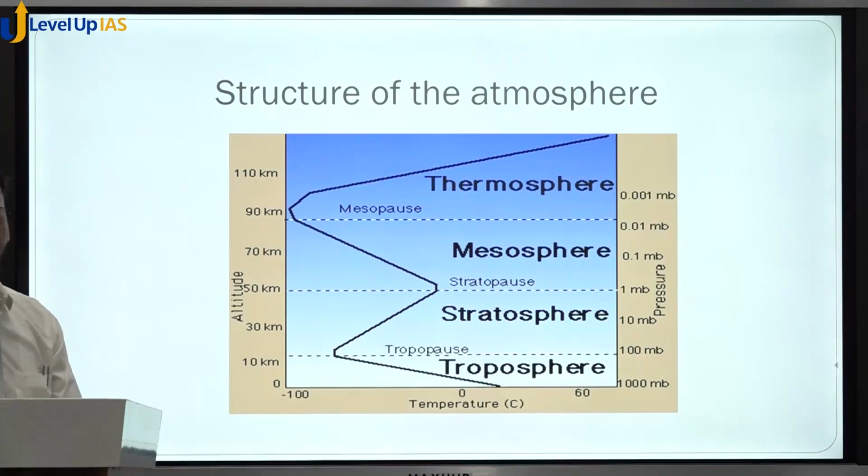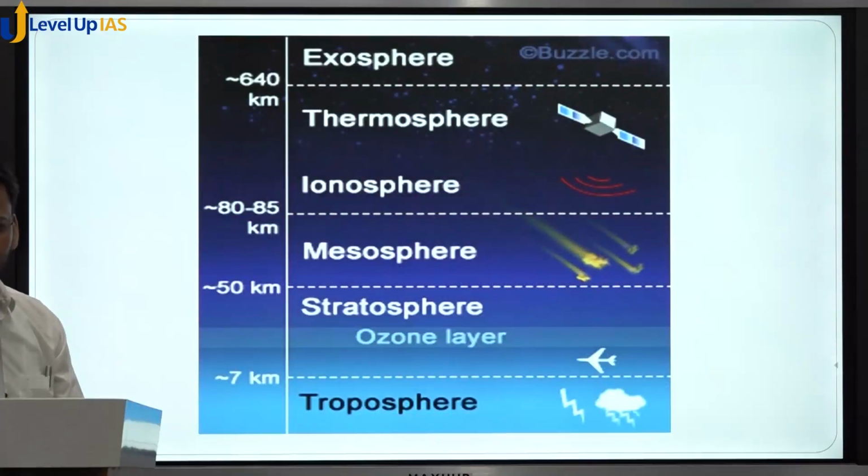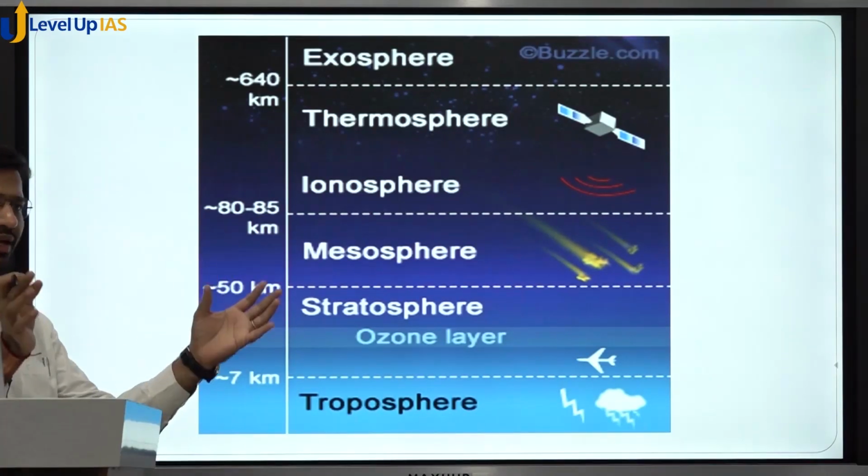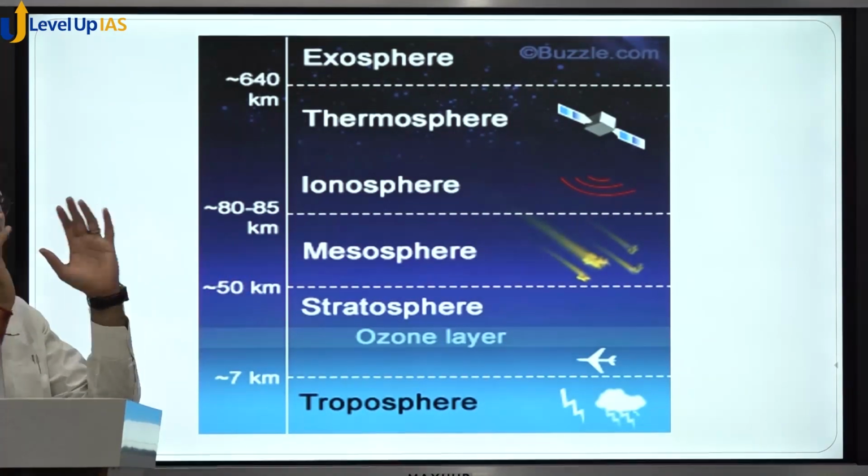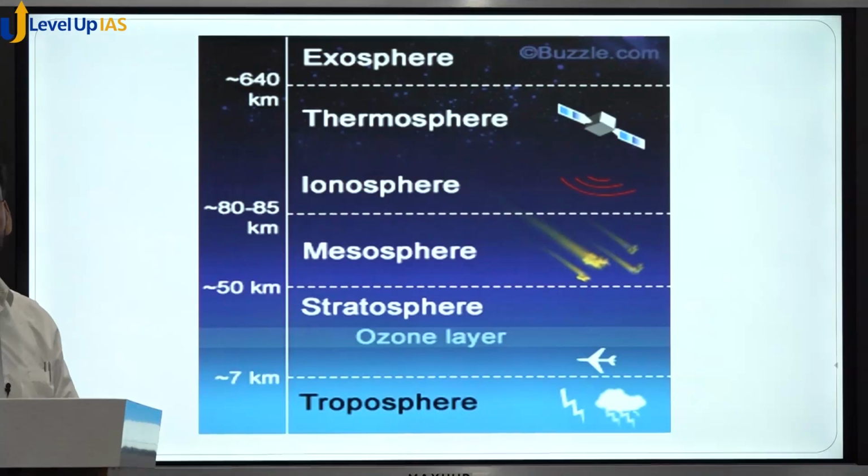So after that you have an exosphere. Function wise, if we see all these layers, this diagram summarizes the function of all the layers. First, the troposphere: all the atmospheric phenomena like lightning and so many other things happen in the troposphere. In the stratosphere, jet planes are always flying because there is no atmospheric phenomena happening. So this is a very stable layer, and aeroplanes fly through the stratosphere.